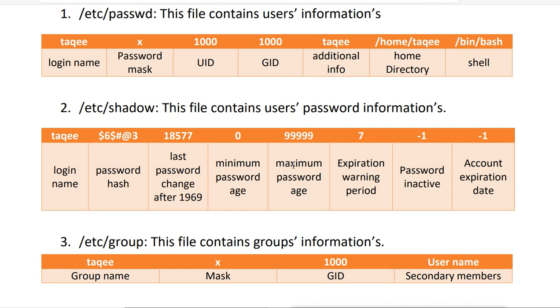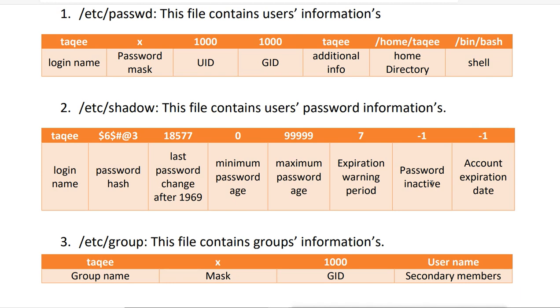That means, when your password is expired and you give the real password, it will give you a warning. Before 7 days, it will start giving you the warning that your password is going to expire, change the password. But when the password is inactive, then your real password will also not work, and you have to go the administrator route to change the password.